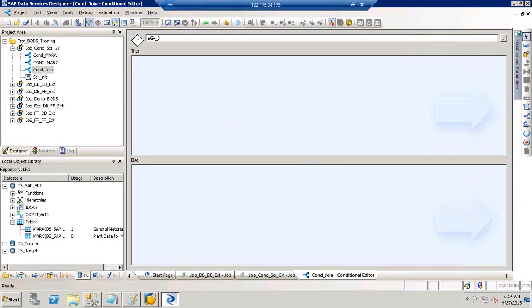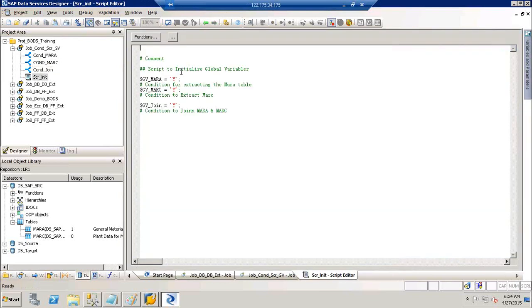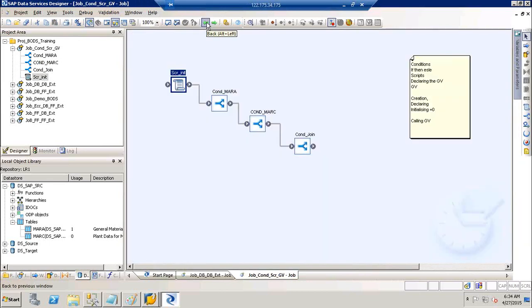$GB underscore John. So different types of global variables that we have, we use for defining the inbound directory path, outbound directory path, dates, timestamps, file names. So you can use these global variables for various purposes, right? As you proceed, wherever you feel that you can use a global variable, you use that, because the reason why